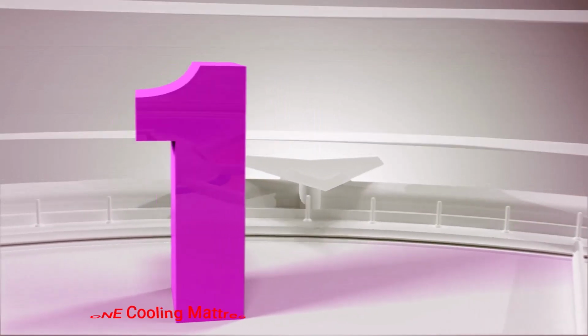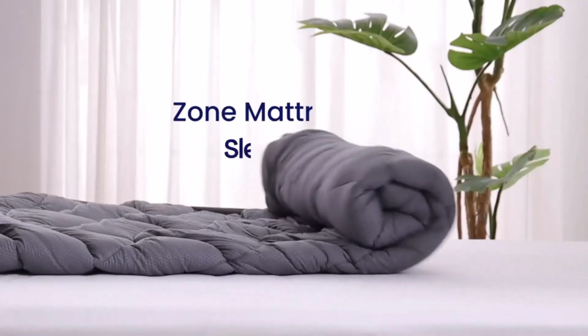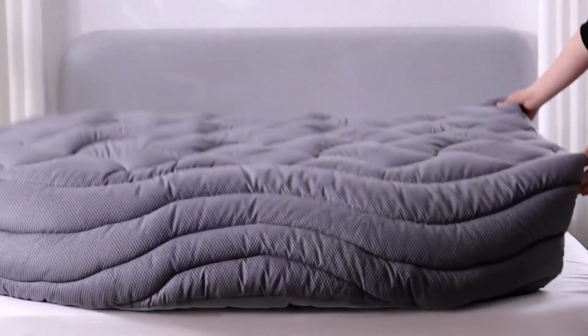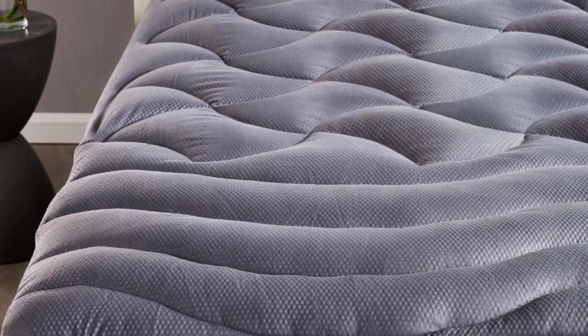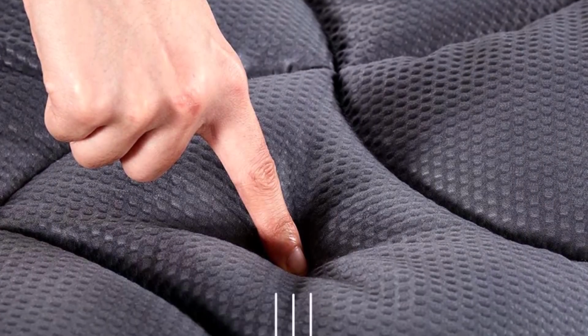Number 1. Sleep Zone Cooling Mattress Topper. The Sleep Zone Cooling Queen Mattress Pad is a cutting-edge product packed with features for any bedroom. It utilizes the latest nanotech's coolest comfort technology, ensuring optimal moisture wicking and fast drying for a comfortably cool night's sleep. The sleep surface is embossed with a breathable sports fabric material, making it more stylish and comfortable than traditional